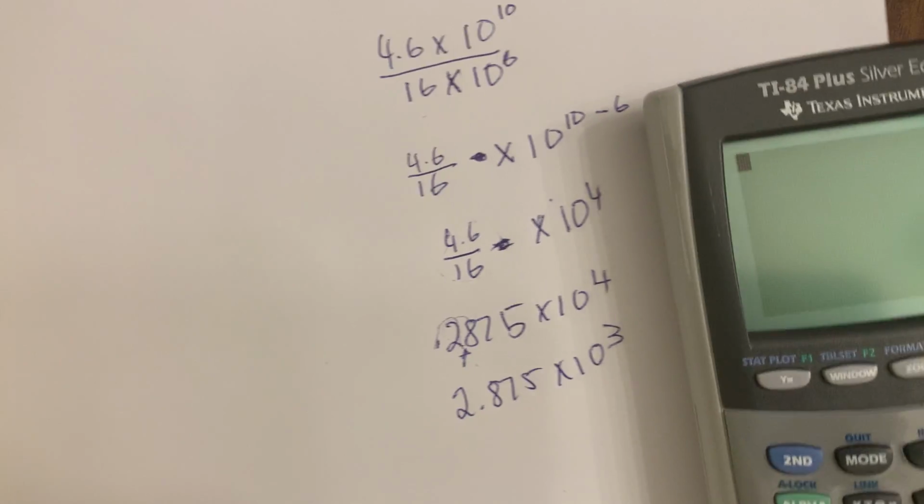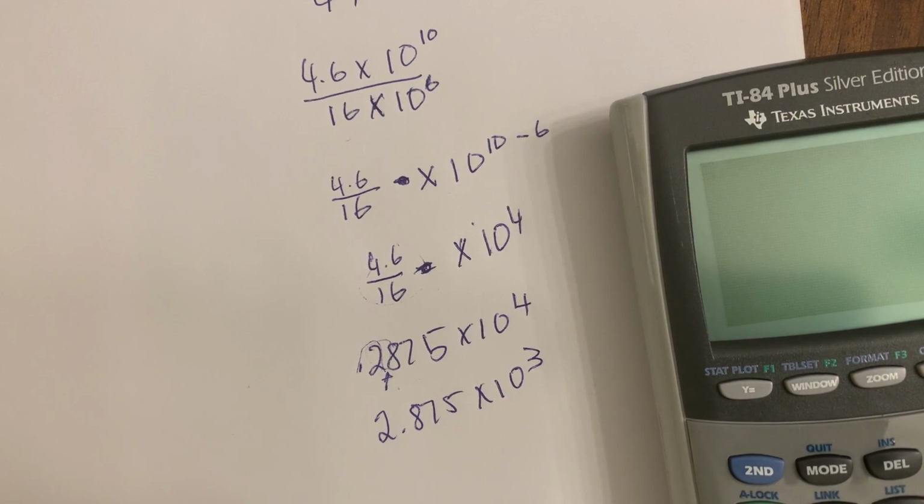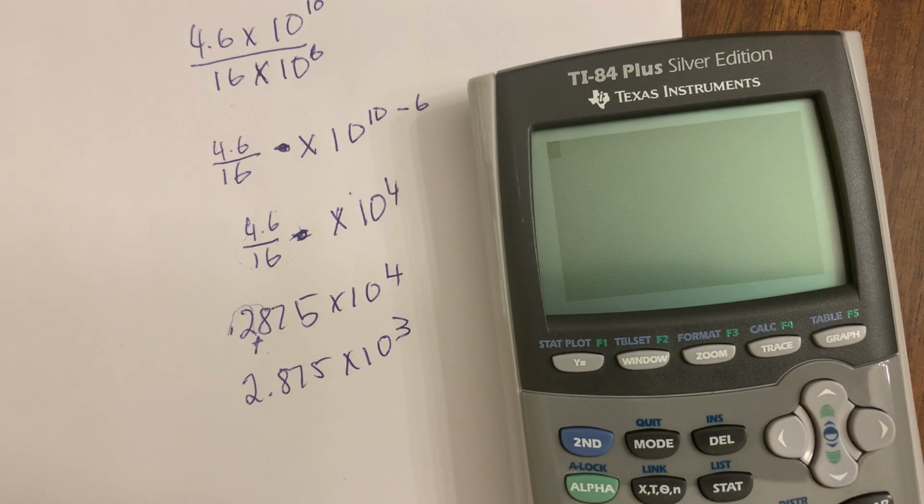Now, I do want to show you how you would use your calculator to do exactly the same thing. So you would have 2.3, and this is an important thing in case you don't use this. It's really a much easier key than trying to type in times 10 to the power. And I know you can do all that on your calculator. There's a really cool button here for the exponent right there, just second function on the comma key. So that gives you, that's the same as writing times 10 to the, and it's waiting for 10 to the what? So it's 10 to the 4 times 2